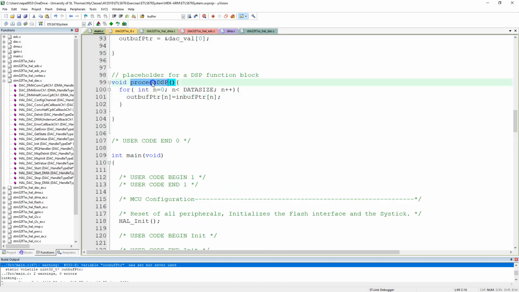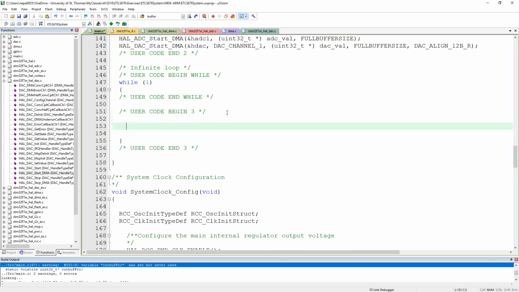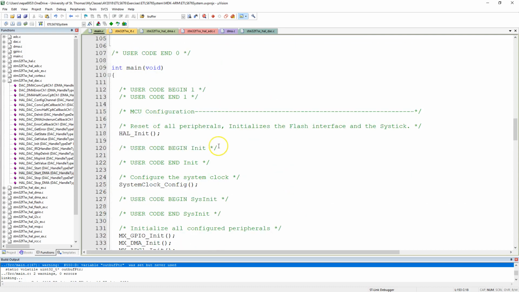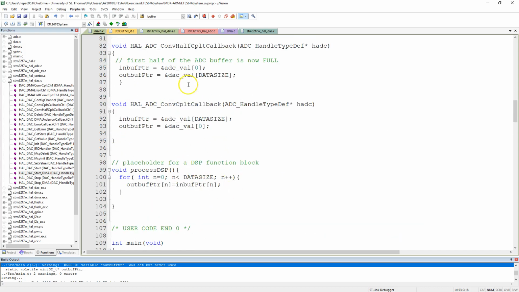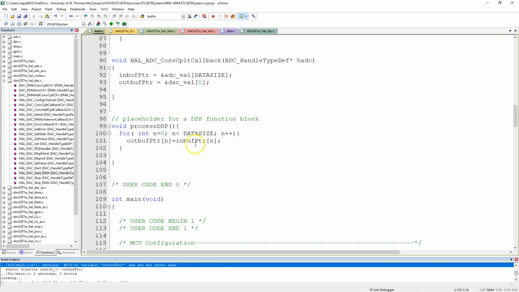So where will we do this? We'll basically call this function inside the while one loop, right here. All right. So initialize the time base. We started the DMA. When the ADC DMA is done, halfway done, it'll basically include a pointer, which will then be used to process the data. So here we have the output buff equals input buffer pointer. So we're basically saying that the data coming out should be the same as the data going in. So if I build this,